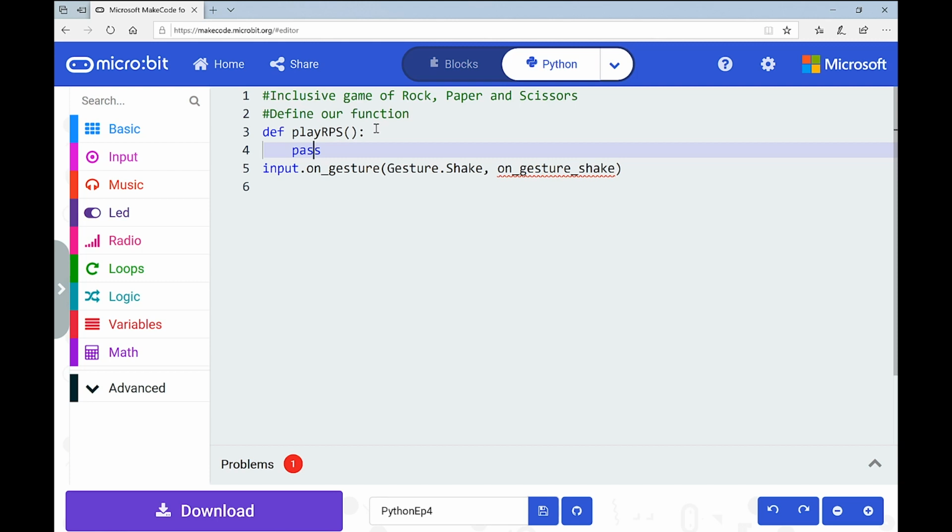In terms of functions, remember, I've defined it, I've named it, I can see my 2 brackets, and I can see my colon, and then we're going to come in and it'll be indented. So I'm going to delete the word pass, because we're going to get rid of pass, and we're going to put in our unit of code that this function contains.